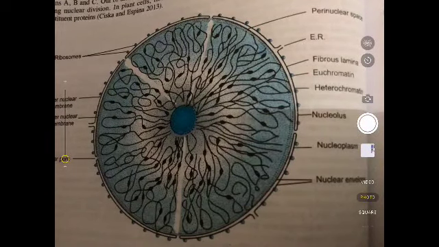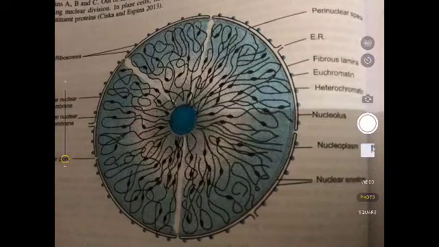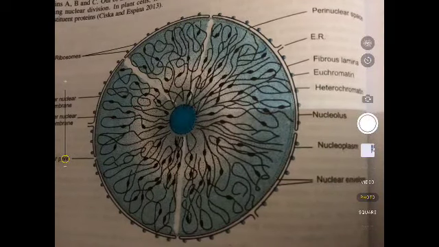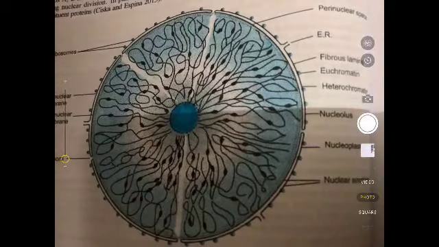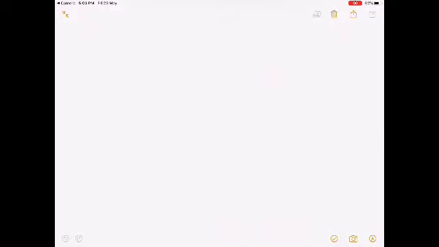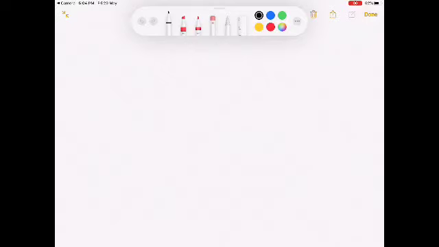So ultimately this chromatin material is made up of two substances. One is histone protein, second is DNA. So students, we are going to discuss this structure in detail. The chromatin material is basically made up of two substances, DNA, which is 40%, and histone protein, that is 60%. This DNA and histone combine together to form chromatin.